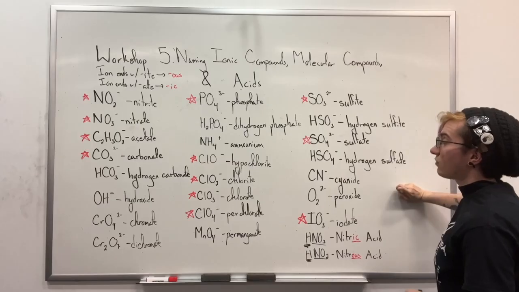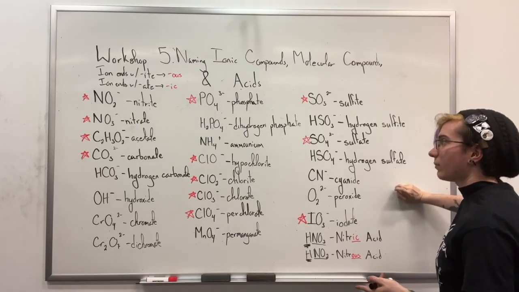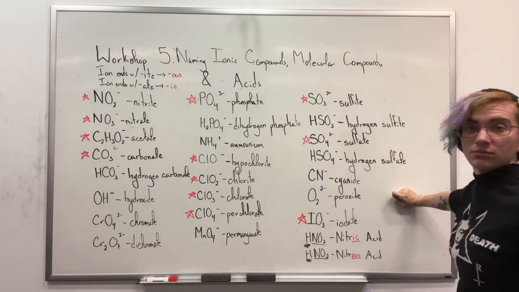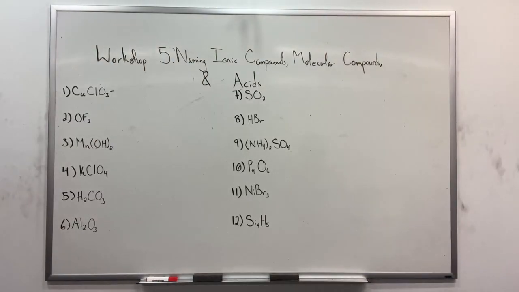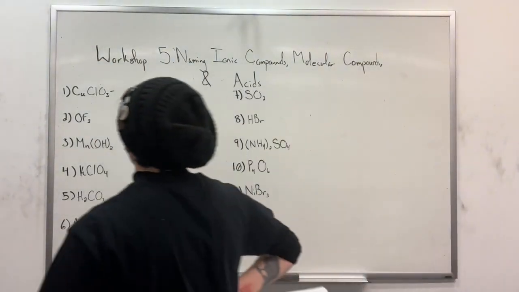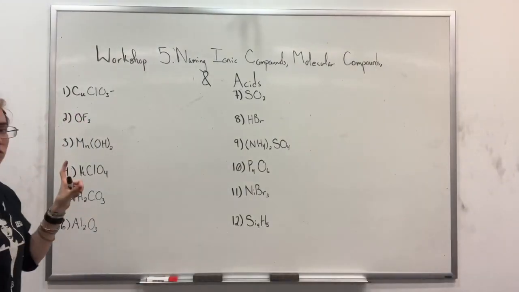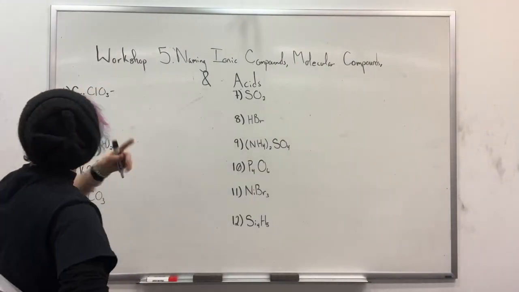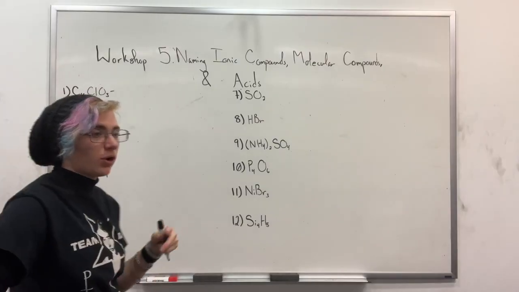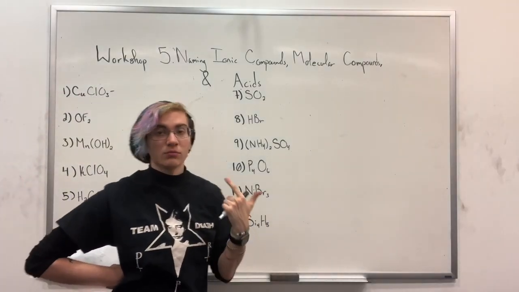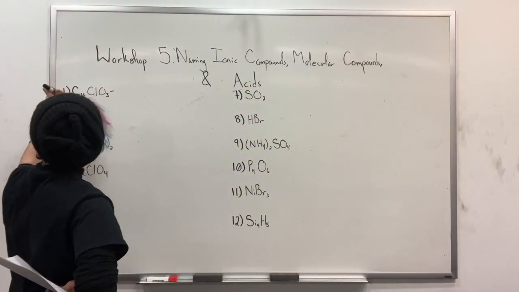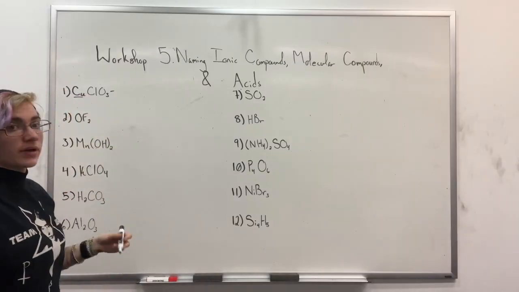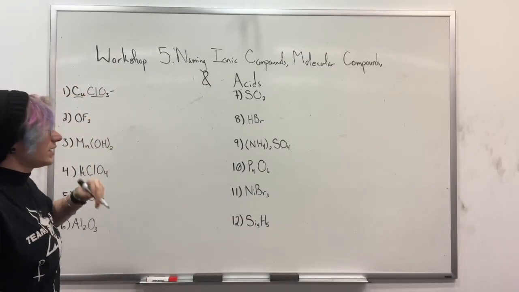And so now that we have our naming rules for ionic compounds, our molecular compounds, and the different types of acids, let's go into some practice problems. These are the first 12 problems of the first part of the practice questions. They want us to take a formula and write it out in its written name. So first things first, when looking at a compound, always see, is it an ionic compound, molecular compound, or an acid? We have Cu, which is a metal, and we have ClO3, a polyatomic ion, which acts as a non-metal,